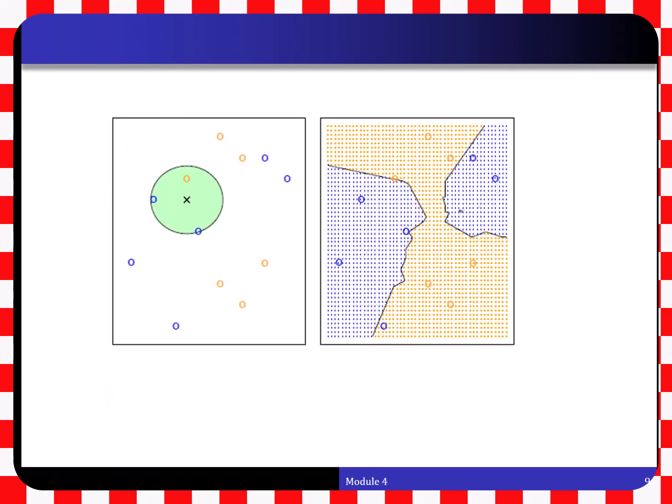Okay, this chart is from the Introduction to Statistical Learning book. In this chart, the K nearest neighbors approach is illustrated in a simple situation with 6 blue observations and 6 orange observations. To your left, a test observation at which a predicted class label is desired is shown as a black cross. The 3 closest points to the test observation are identified, and it is predicted that the test observation